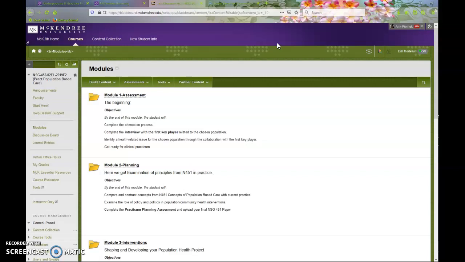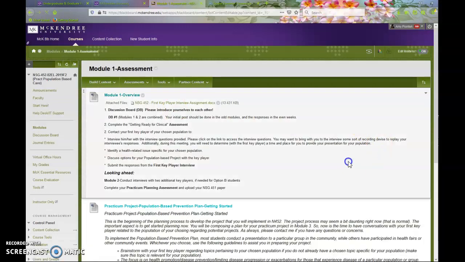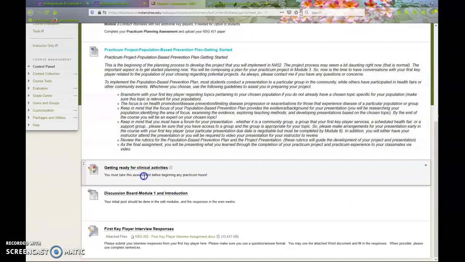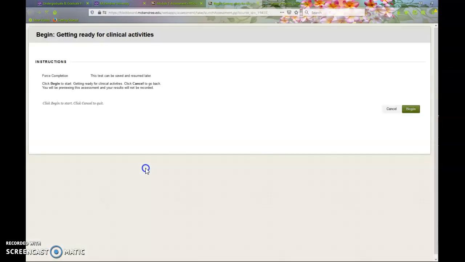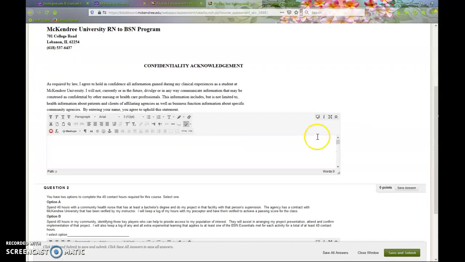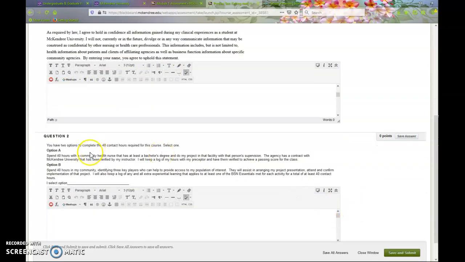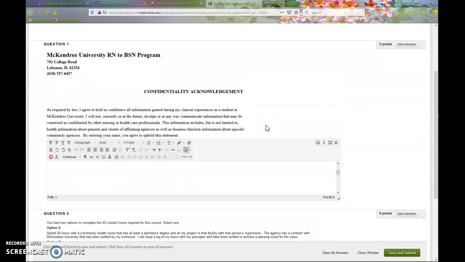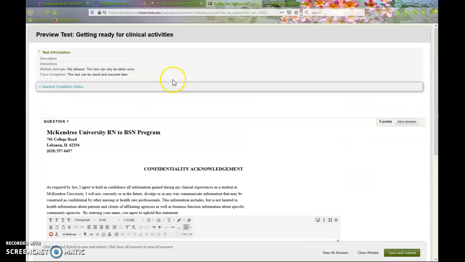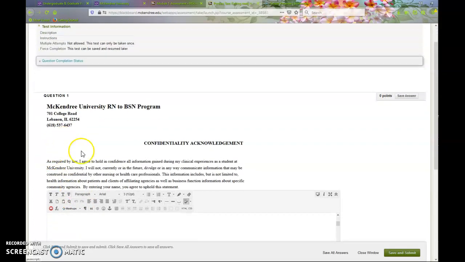So for example, let's just go into module 1 real quickly. I think there's something in here that I can really bring your attention to on how that will work. If you scroll down, it says getting ready for clinical activities. Now, if you click on this assessment, we'll go ahead and open that up. You will notice you're going to basically enter your name and you put that right there and then you submit. Okay, that's question 1. So it says question 1, you read this, you put your name in there, go up here, save answer,